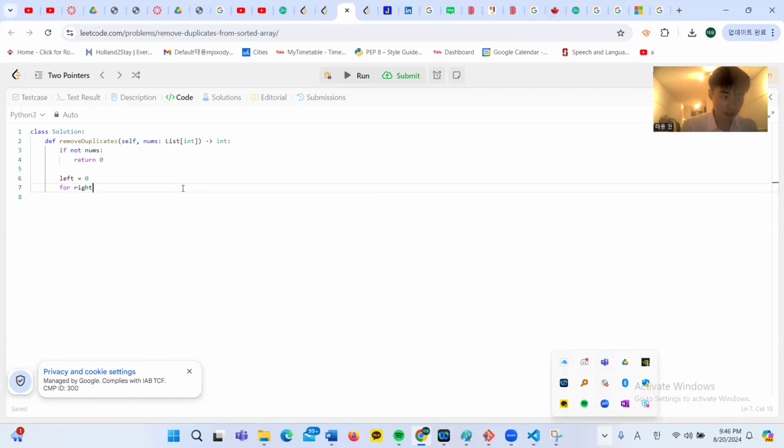So right in range from 1 until the length of nums, right? And then when we find a unique element, so we're iterating through the array and trying to find a unique element. So if the element that the right pointer is pointing at